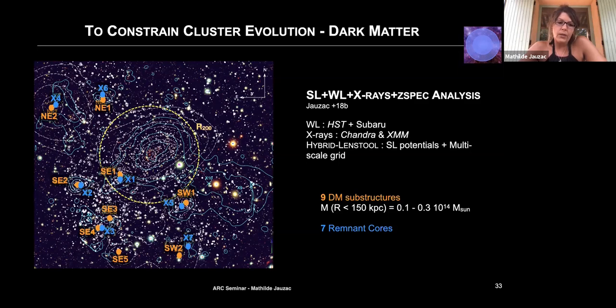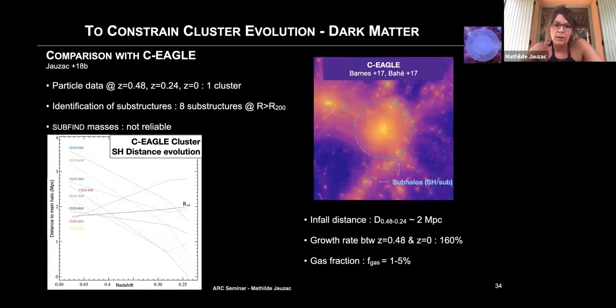And so what you can do, and that's what I did, is turn to numerical simulation to see if you can find those objects. We looked into CEAGLE, hydrodynamical simulations, as well as MXXL, but I'm not going to present the MXXL results today. Basically, we found one cluster of the 24 that they have that had a similar mass. We tried to identify the substructures, as you can see on the right-hand side. All the cyan circles are substructures of a similar mass range to what we had on the real mass distribution